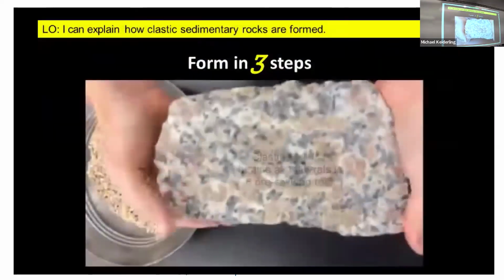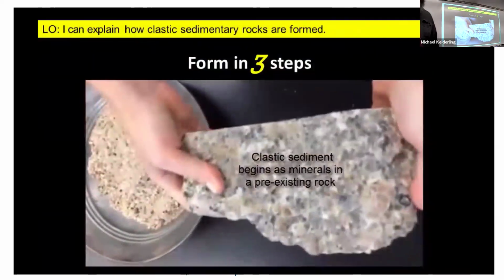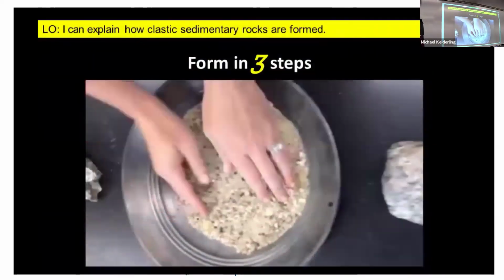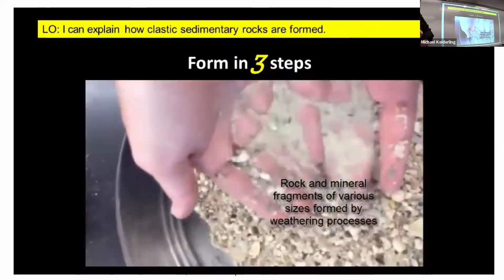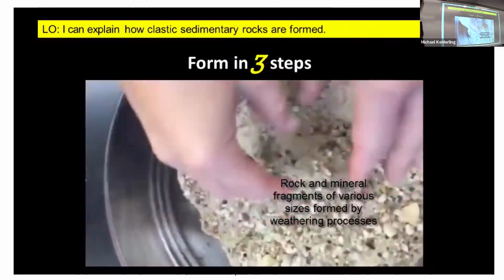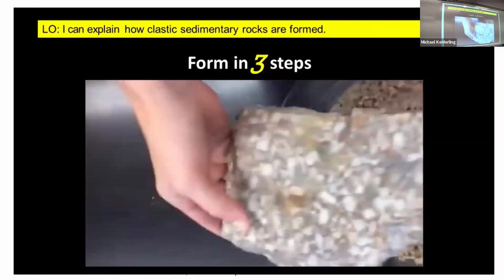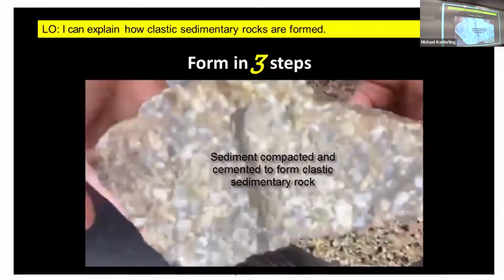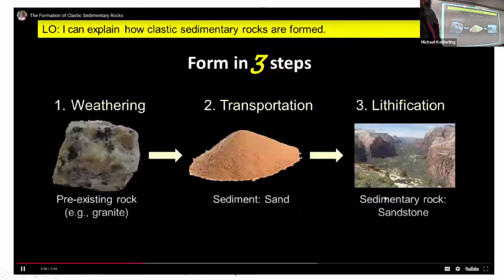There are 3 steps in the formation of clastic sedimentary rocks. Clastic sediments are composed of fragments of rock. In fact, a clast is a technical word geologists use to describe a rock fragment. These fragments weathered from pre-existing rocks to form sediment of various sizes. This sediment is then transported away from its source area, and finally it is deposited and converted to form a new rock through lithification. So let's take a closer look at these processes, starting with the breakdown of rocks by